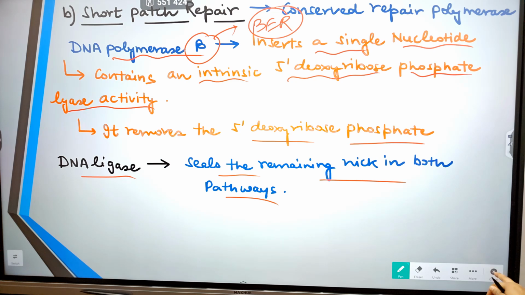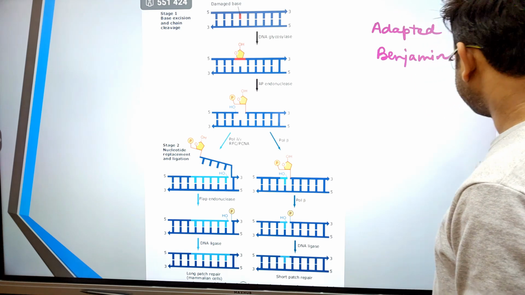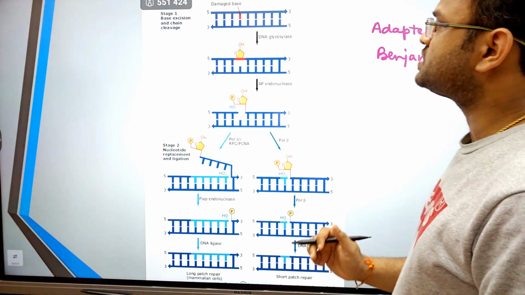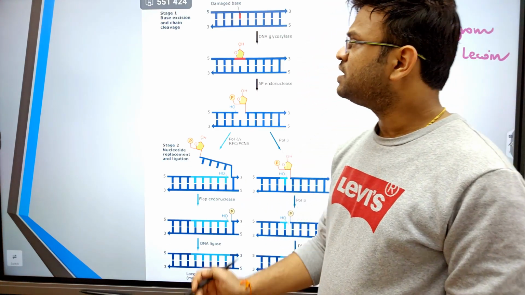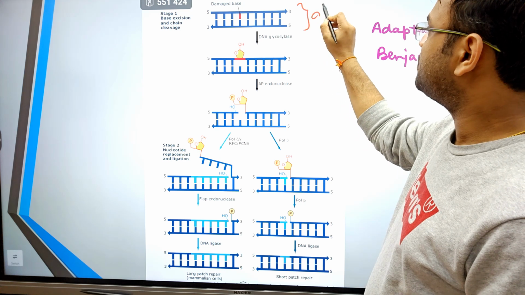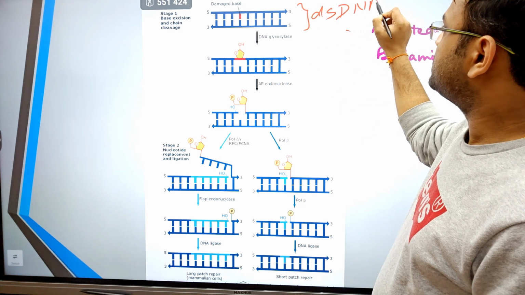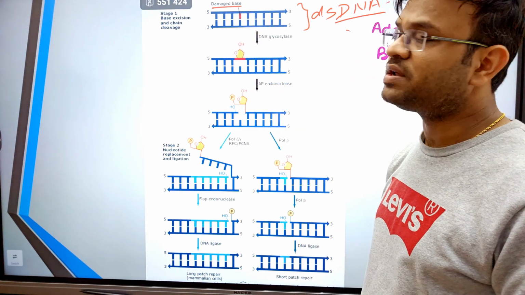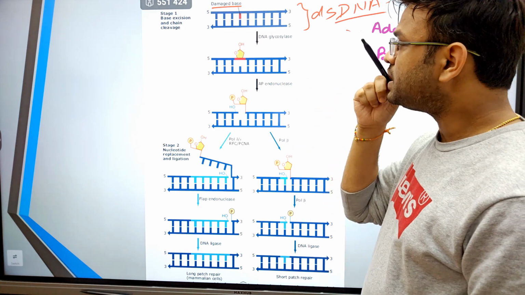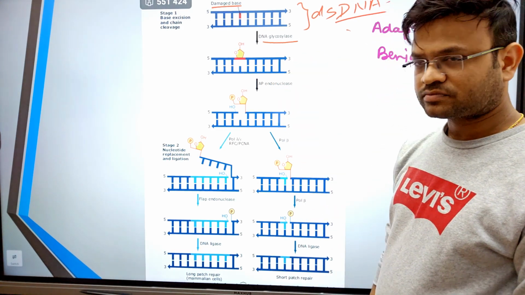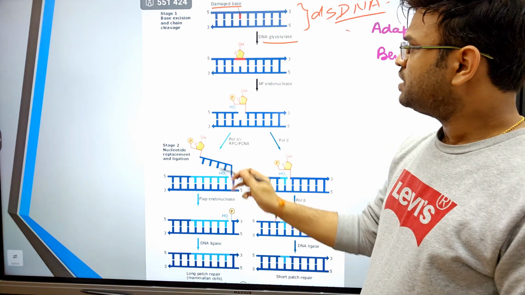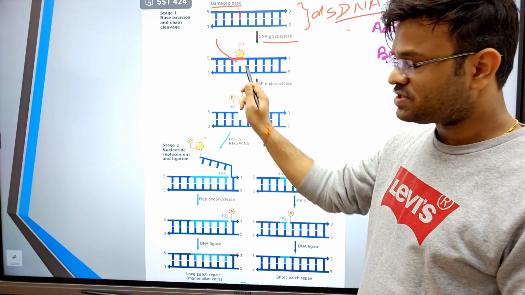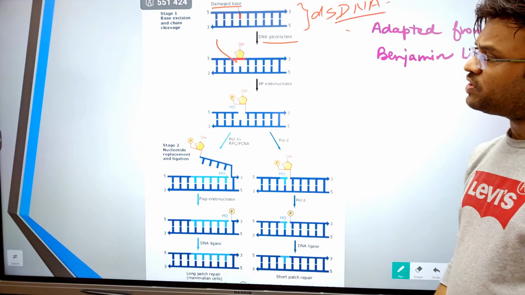Okay, now let us move forward, and this is the diagrammatic representation that I was talking about for a long time. It will tell you how this functions. You can see that this is a double-stranded DNA. In this double-stranded DNA, this red color base is a damaged base. First, DNA glycosylase arrives at this point. What is the DNA glycosylase doing? DNA glycosylase has removed this faulty nitrogenous base,